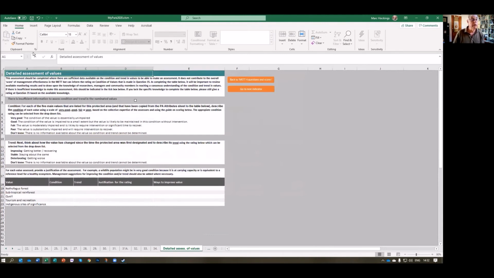So this one, there's some guidance that's given here. We're asked to rate the condition and trend of each of the values, and you can see that the values have been copied across from that particular attributes field, and we're asked to select condition and trend for each of those values, and we need to give a justification, and it could be from